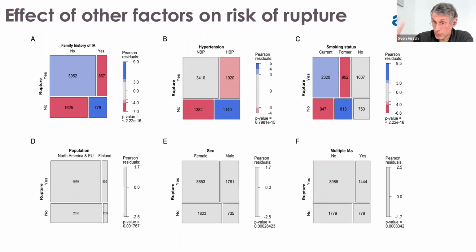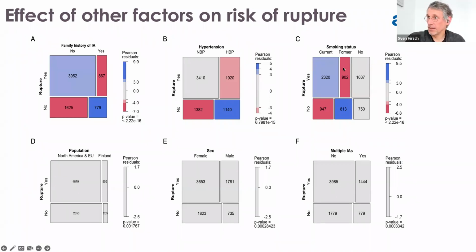But that is a screening effect. The same applies, for example, with hypertension. So the question is not, do you have hypertension or not, but does the patient know that she or he has hypertension? And there, high blood pressure is also less associated with rupture. And the reason is, if somebody has high blood pressure and they are aware, then they probably better control their risk factors. So it's also an adverse effect.